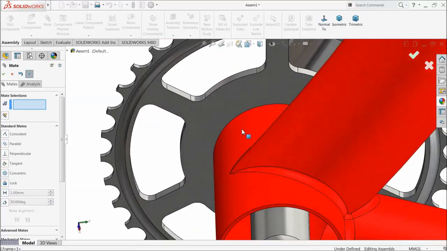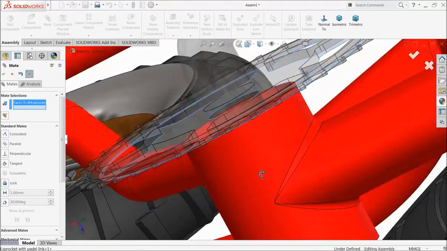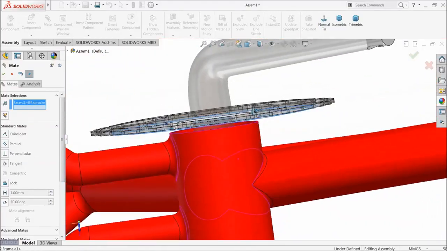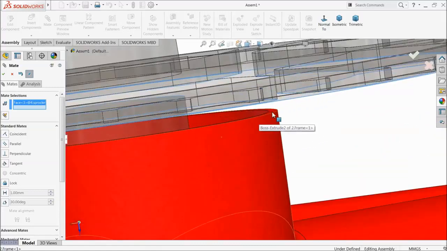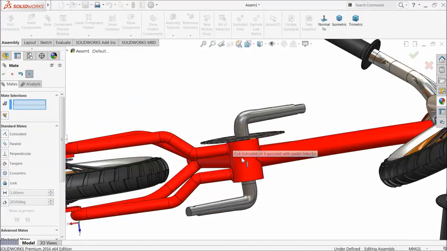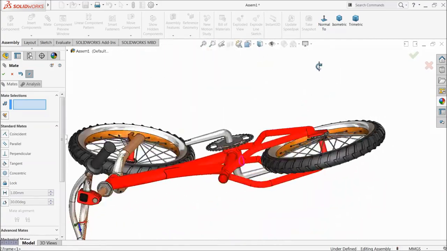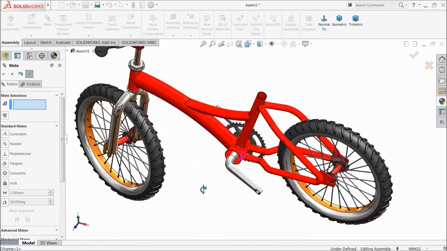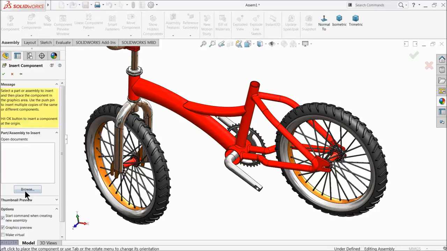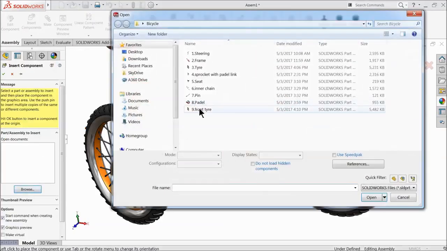We will make a relation here. Select this face, and we need to choose this face. See here, coincident relation. Okay, let's make it a perfect position. Paddle,